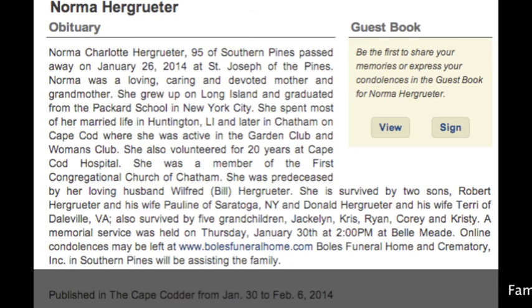She was predeceased by her loving husband, Wilfred Hargruder. She is survived by 2 sons, Robert Hargruder and his wife, Pauline, of Saratoga, New York, and Donald Hargruder and his wife, Terry, of Daleville, Virginia. Also survived by 5 grandchildren, Jacqueline, Chris, Ryan, Corey, and Christy. A memorial service was held on Thursday, January 30th at 2 p.m. at Belle Meade. Online condolences may be left at